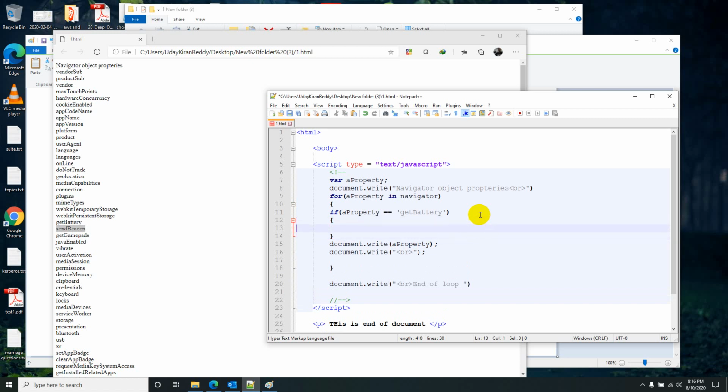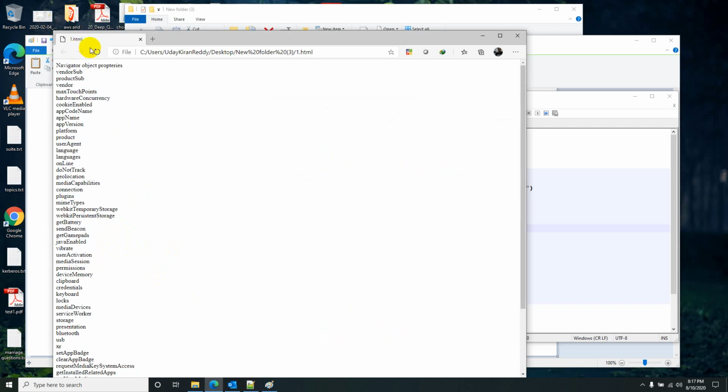Whenever I see this get battery, the remaining statements will stop executing. So that one I will keep as break. Once I see the break statement, the remaining iterations will be stopped.